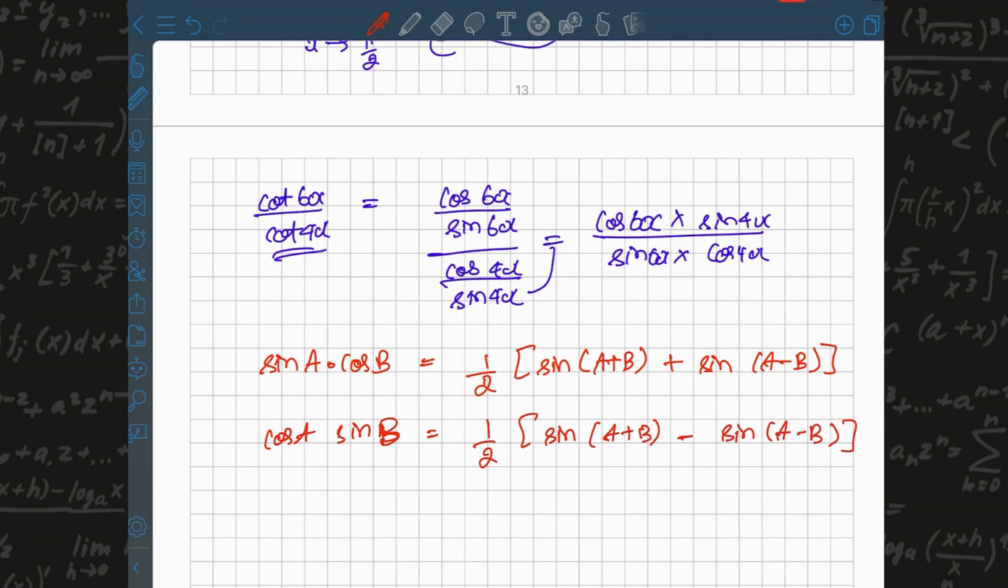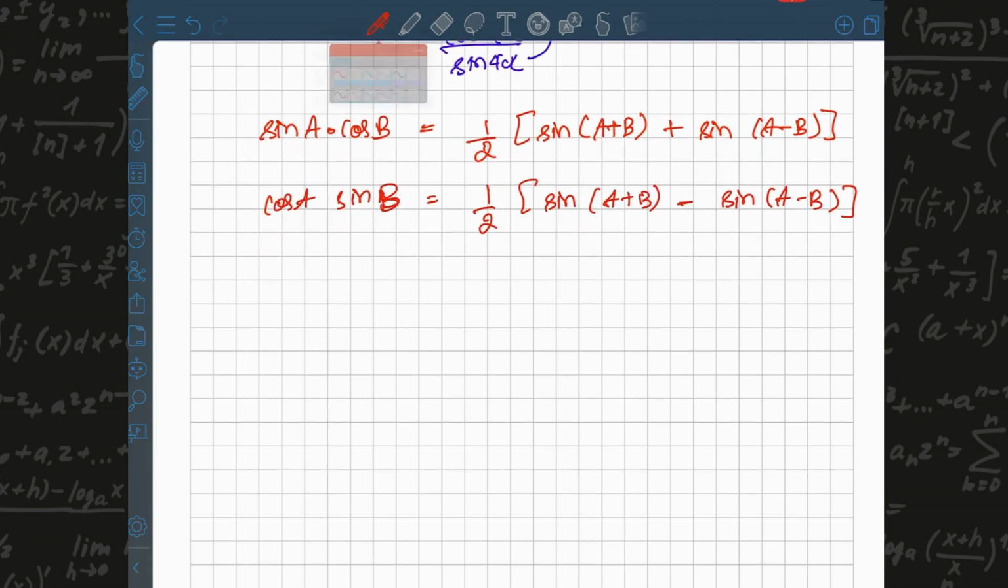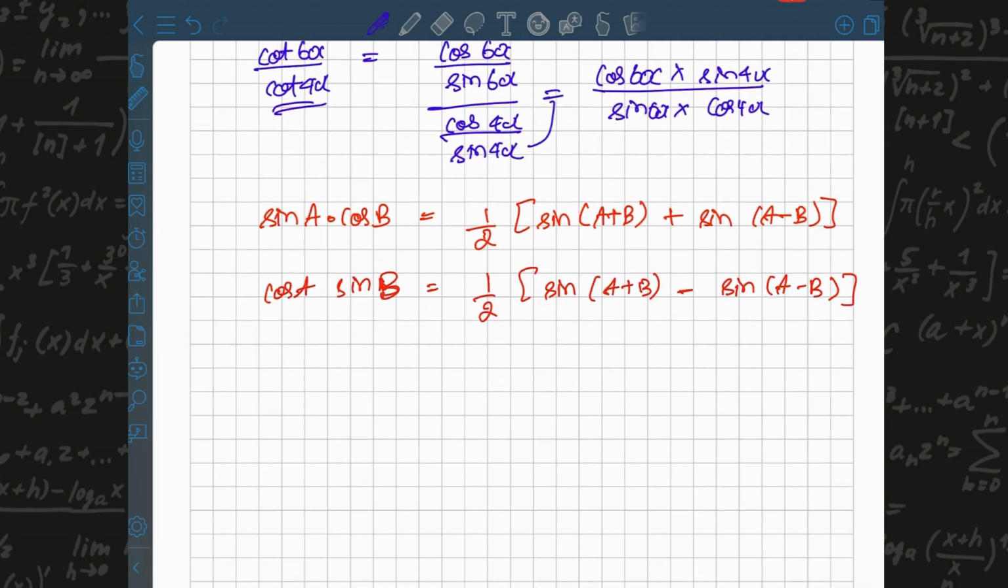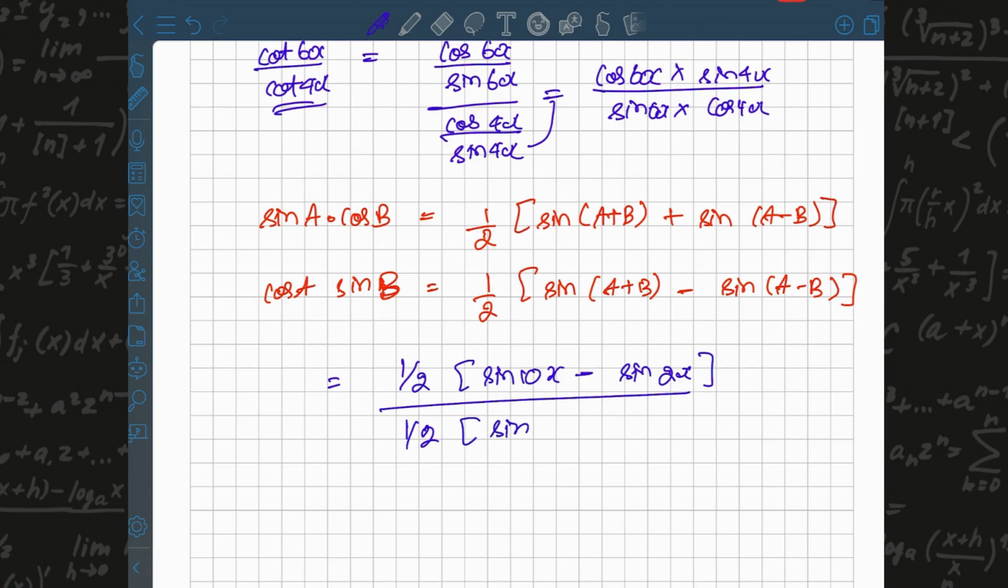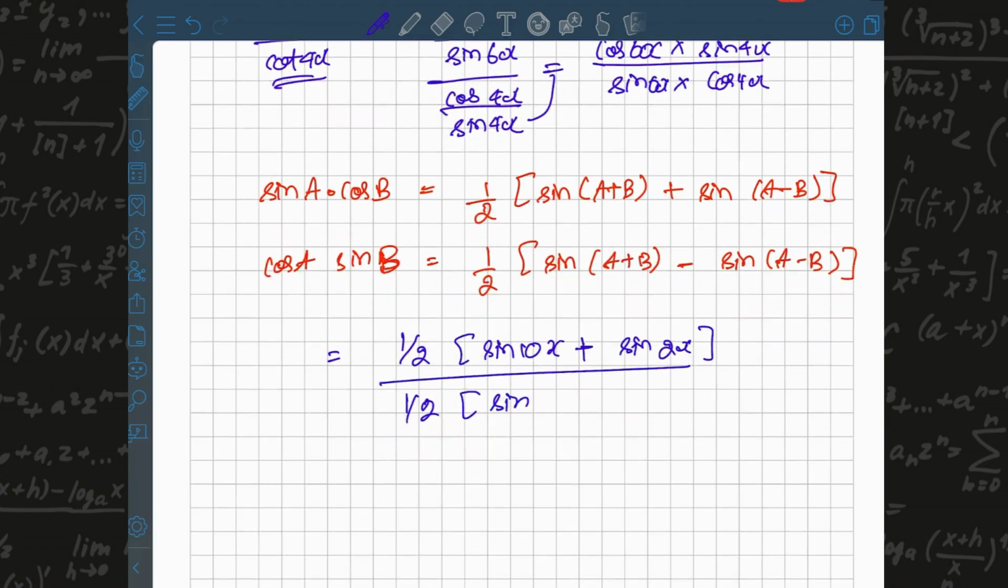Remember this, many people used to confuse between these formulas, so just know how to differentiate between these, right? So based on this formula, let's solve this. So cos 6x into sin 4x is nothing but 1 by 2 of sin 10x minus sin 2x, divided by 1 by 2 of sin, it is plus, sorry, it is plus, so sin,